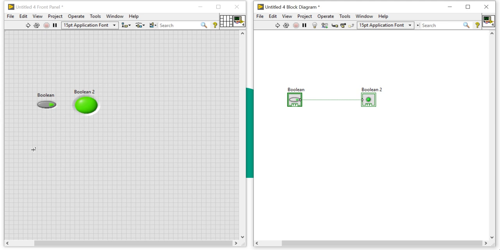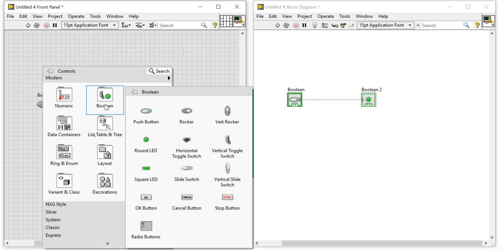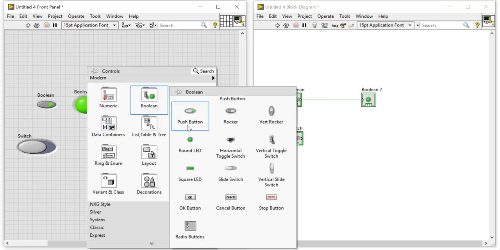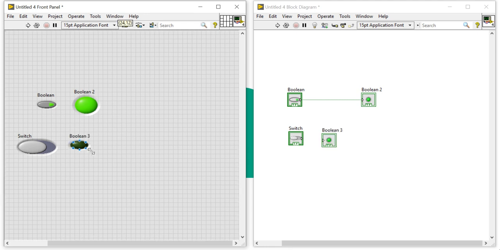Here I am going to take one more function and Boolean, that is switch, and we can change the name to switch, and we can take one more output as indicator.